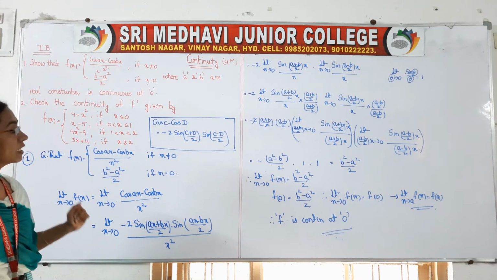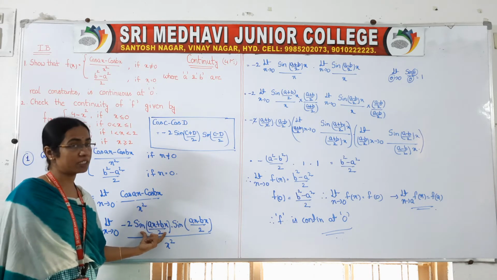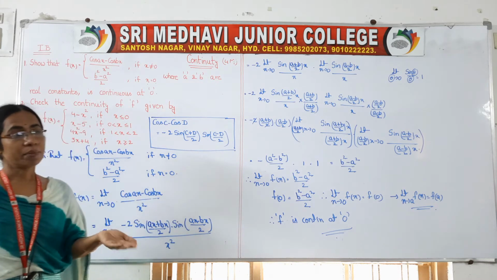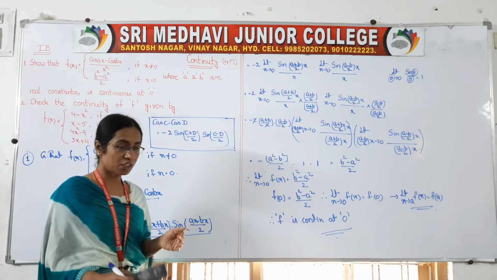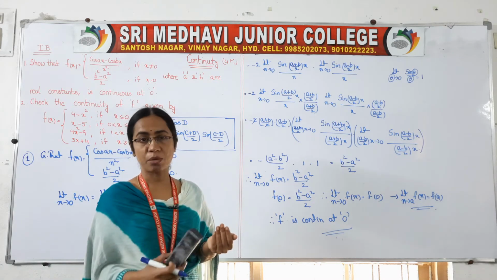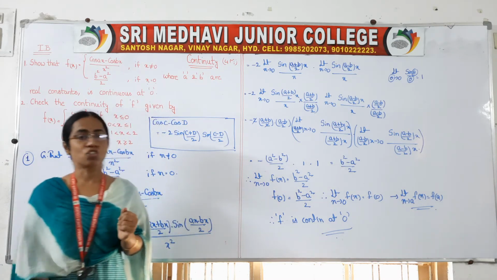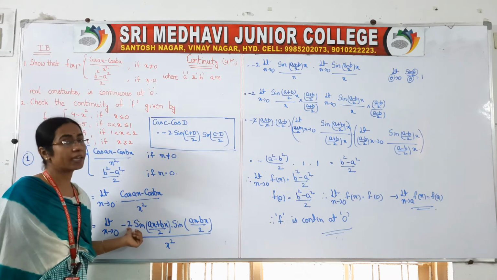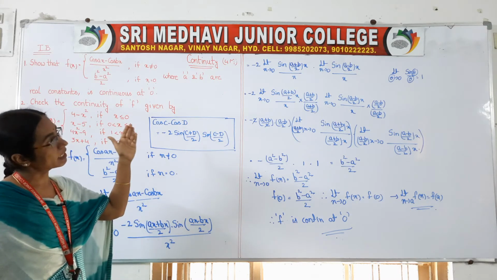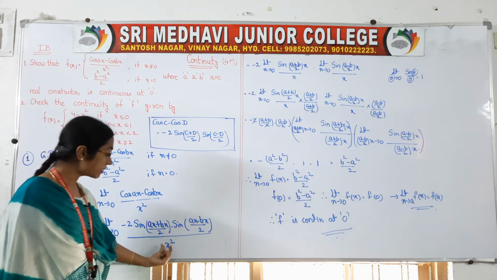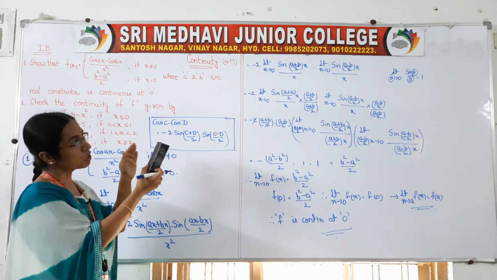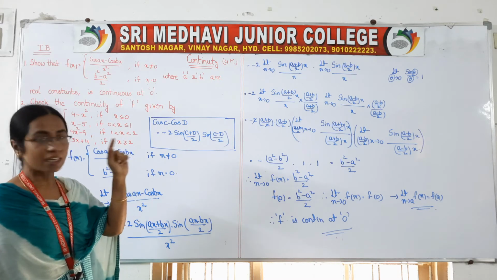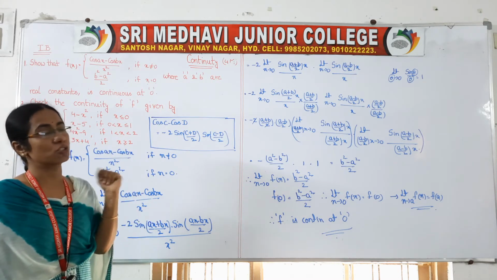After that I have taken this limit. Actually, two terms are there, right? So the limit can be applied if f of x into g of x is there; we can apply the limit for f of x as well as g of x. So we did it like that, and minus 2 is a constant, so the constant can be taken outside. And this x square is distributed to two terms: the first term has x and the second term has another x. In the middle there is a multiplication, x into x, x square only.